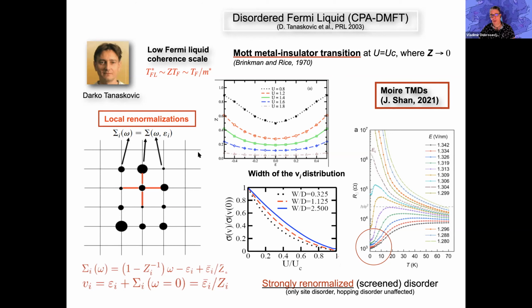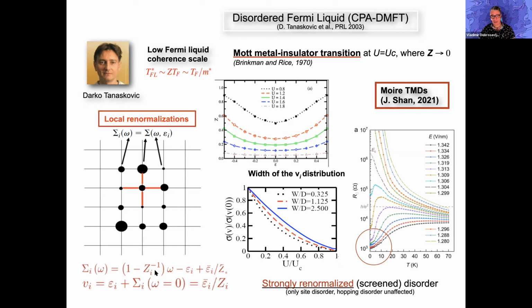This portrays a picture of a low temperature Fermi liquid, where the self-energy assumes a simple form. There is a finite zero frequency component, and then there is a linear frequency dependence. The slope of that linear frequency dependence defines a quasi-particle weight as in standard Fermi liquids. That quasi-particle weight is what goes to zero at the transition, and that means that the carriers, or the quasi-particles, are gone. This is what Brinkman-Rice said early on. But here we can find similar behavior at low temperatures in this Fermi liquid.